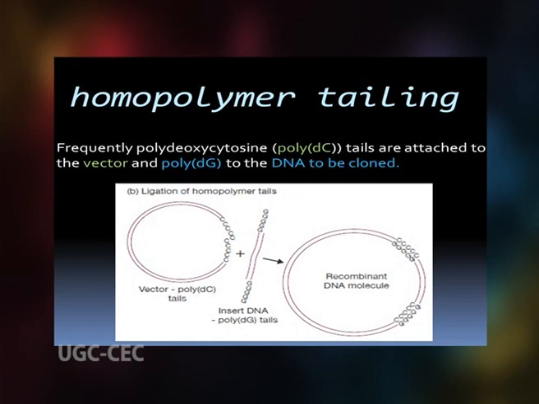The tailed DNA are then allowed to anneal under appropriate conditions and form open circular recombinant molecule. The hydrogen bonding between 20 to 40 nucleotides is strong enough to maintain the recombinant in circular form. This molecule is then used for the transformation of the host cells. A very common strategy is cloning by guanine and cytosine tailing at the PstI site.